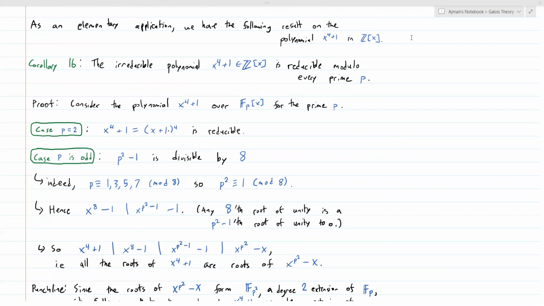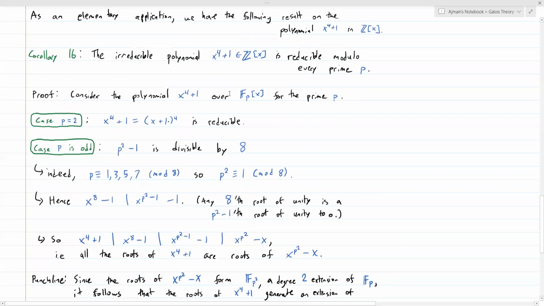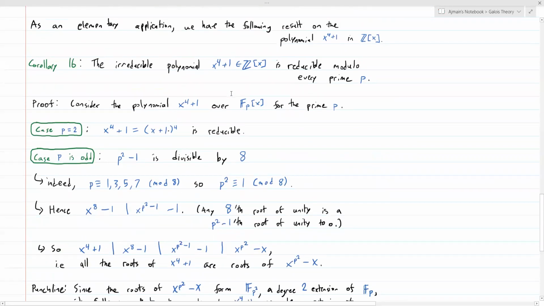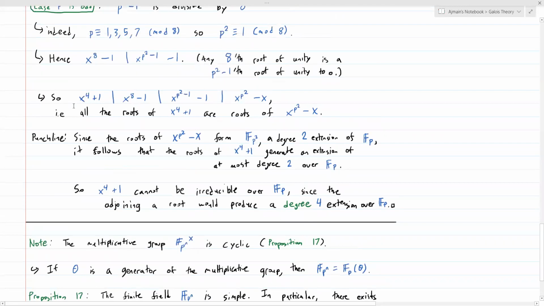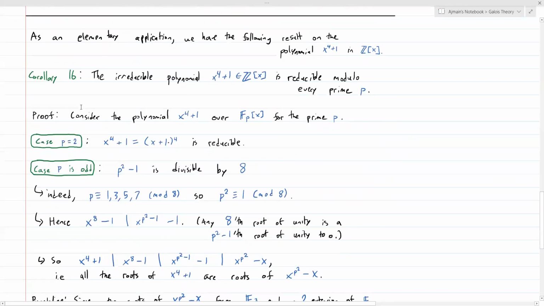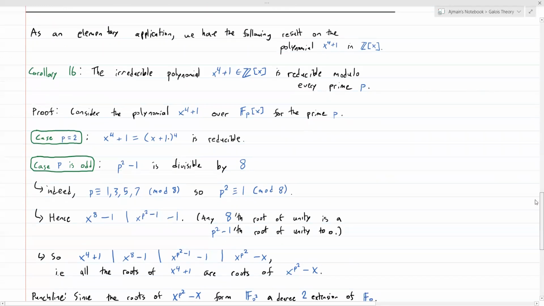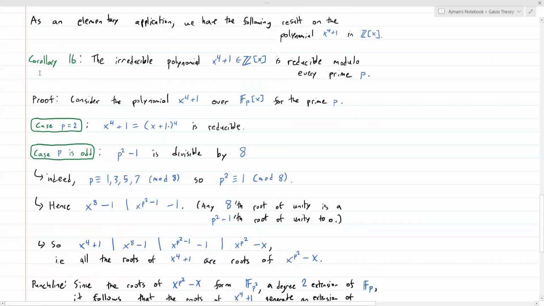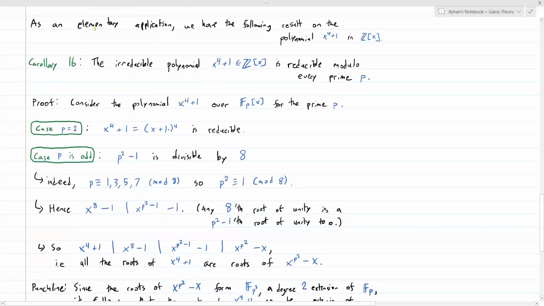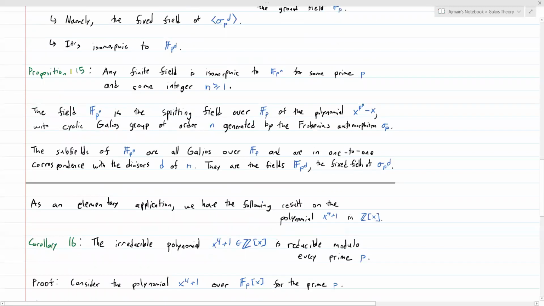So an elementary application. The rest of this section is going to be a corollary 16, which I'll prove, and corollary 17, which I'll prove. But then everything after that, I have to look at the book while lecturing. So I don't have notes written for stuff after corollary 17, but hopefully we'll figure it out. All right, so an elementary application of proposition 15,